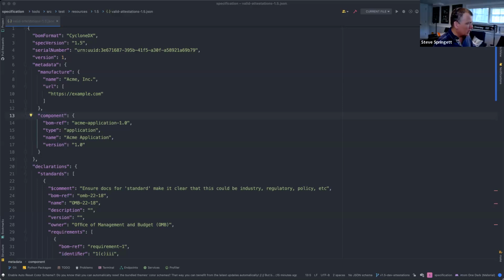Yeah, we can certainly leave it for manufacturer. We can leave it for components. We've got support for attestations now as an external reference in 1.5. So you can have a bill of materials that has an attestation for a given component and then point it over here, for example.